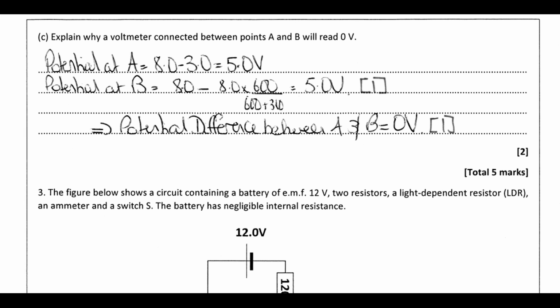So the potential difference is 0 because they're at the same potential. This is a question for those of you who are pitching towards being A star students. This one is where you get to really demonstrate your understanding of circuits, but once you've seen a few of these, you'll start to